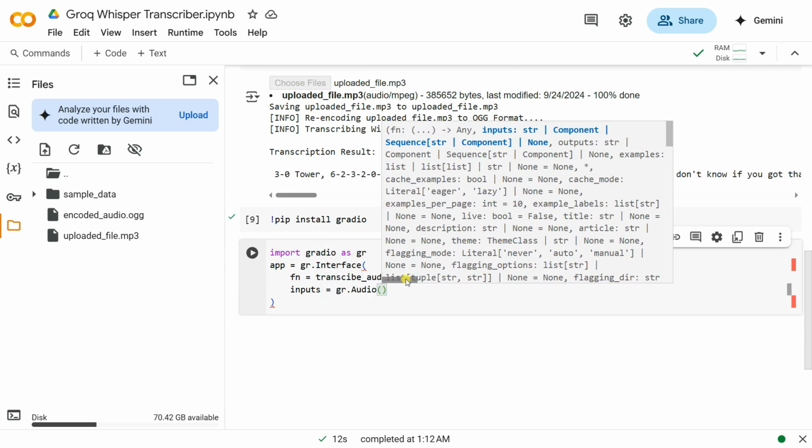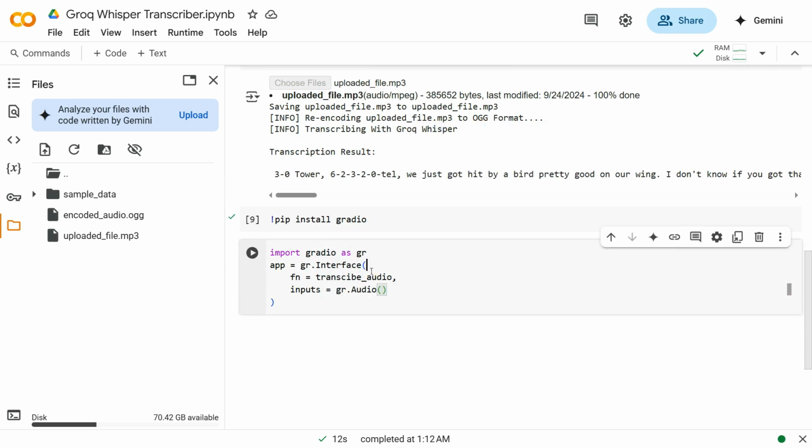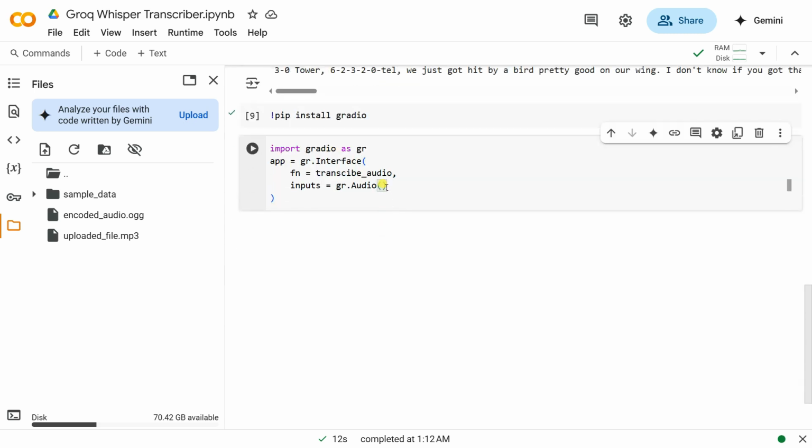So here you can upload the audio as well as you can also record by your own. So you can give it to here, let's say type is equal to file path. So let's say file path, and then you can give it to here the label. So let's say label is upload audio,